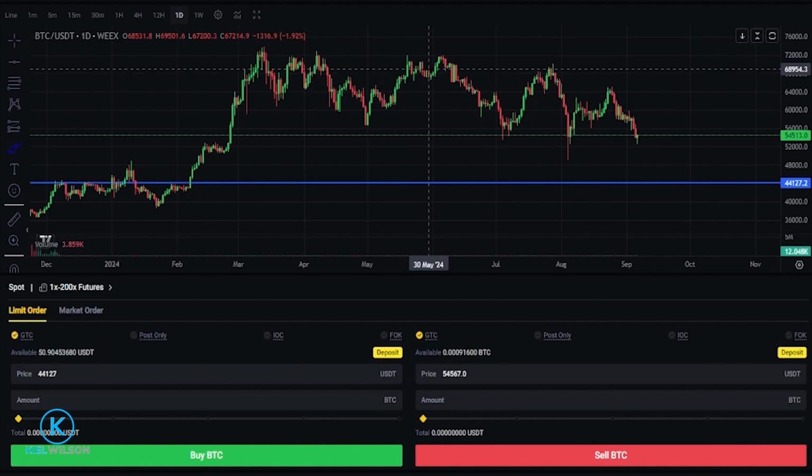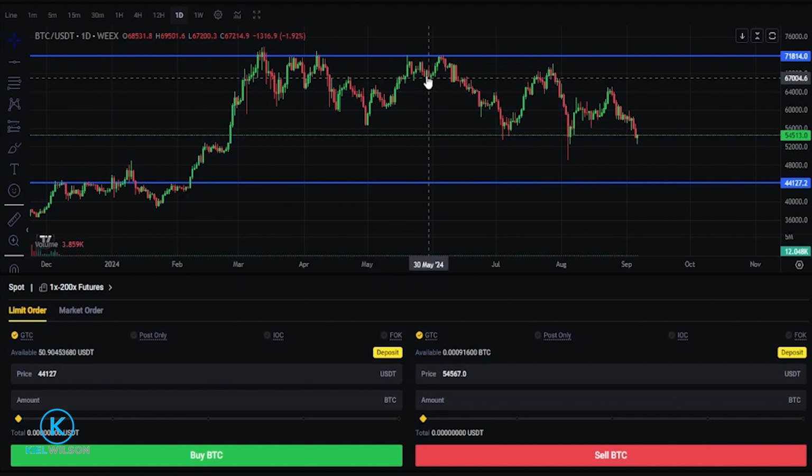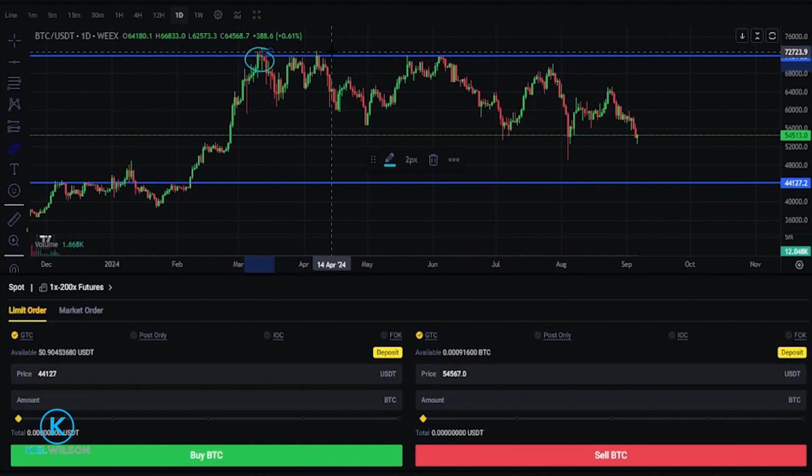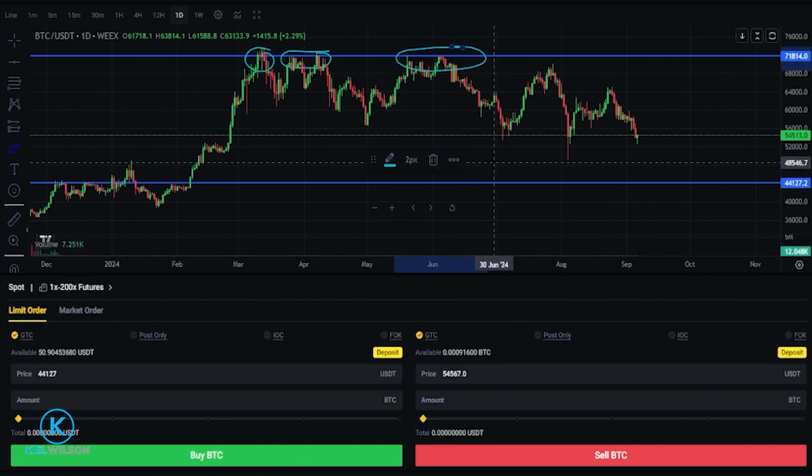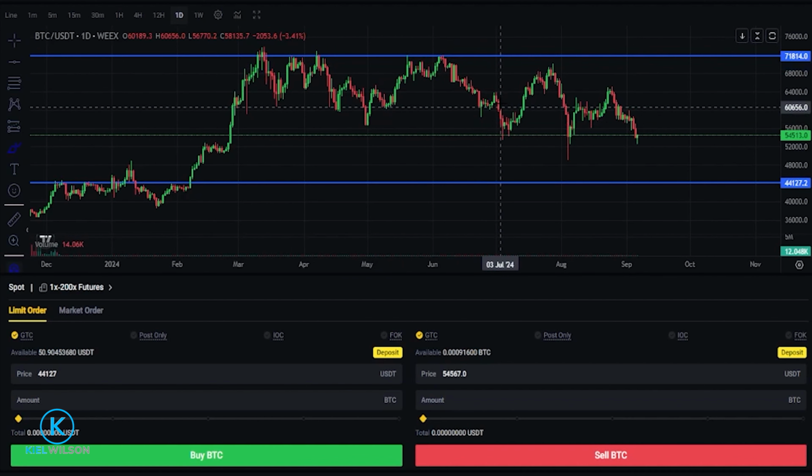So once again, I'll go ahead and grab a horizontal here from the drawing tools, and I'll go ahead and mark a spot on this chart, maybe something like this. I can see when I look left that this area has been a heavy area of resistance. You can see price action rejected right here, rejected a couple times right here, and of course it rejected right here as well. So just for the sake of demonstration, let's imagine that I want to use that price point to place an order to sell my Bitcoin. Of course, now that I've marked that area at the horizontal, I can see a price point on the y-axis of the chart, coming in at